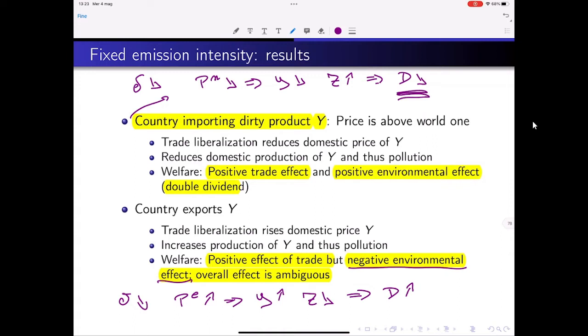And clearly, the shorter you are, the larger is this effect, and therefore the stronger the negative effect on welfare. It might also happen that the negative effect on the environment is larger than the gains from trade, so that overall the country is worse off rather than better off by opening up to trade. So this is the intuition, and for the exam, should there be a question like this, a discussion like this is fine.